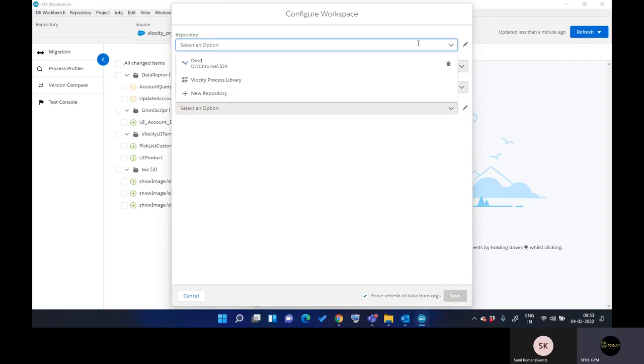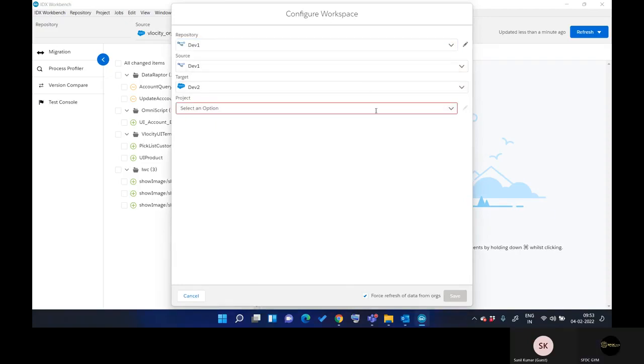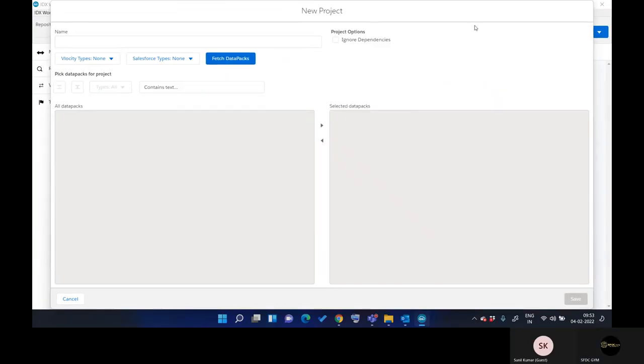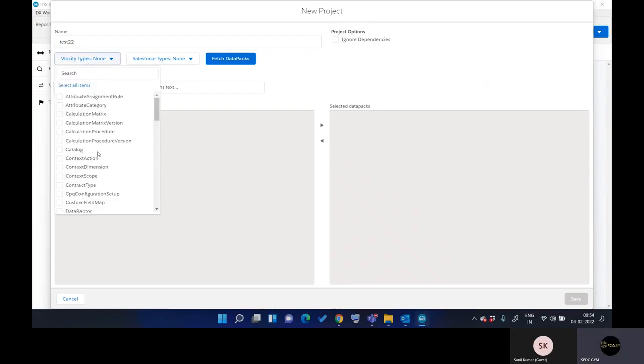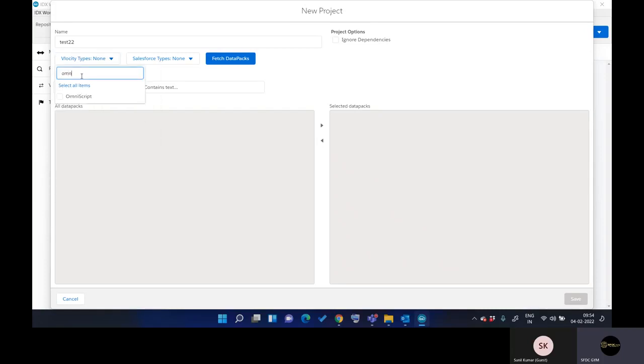Create a new project. This time I'm using this project name, let's say new project. And let me use the same project, and then it will ask you what type of data you want to retrieve. Let's say my requirement is I want to retrieve the Omni scripts, right? So you need to type Omni scripts,